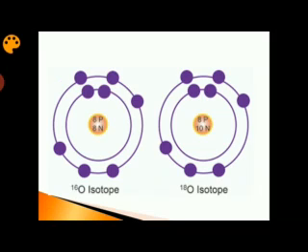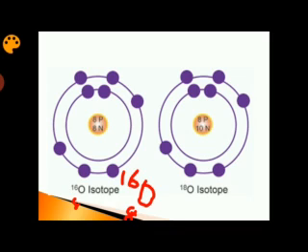I have taken only 2 examples. Here you can see in the oxygen 16 isotope, how many protons are there? We know the atomic number of oxygen is 8. 8 protons are there in an oxygen atom. Its chemical symbol is O, and the total number of protons and neutrons is 16. So 8O16 is the nuclear symbol for the O16 isotope.